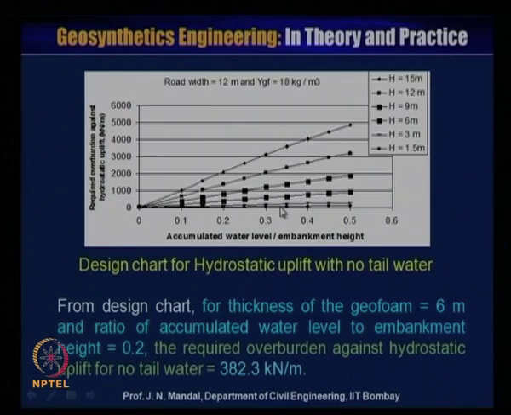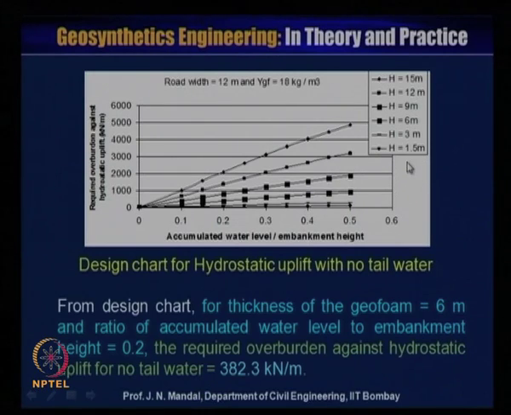So this design chart is the accumulated water level to embankment height ratio, and this is the required overburden against this hydrostatic uplift, in kilonewton per meter. Also, the road width is 12 meter and the unit weight of geofoam is 18 kg per meter cube,